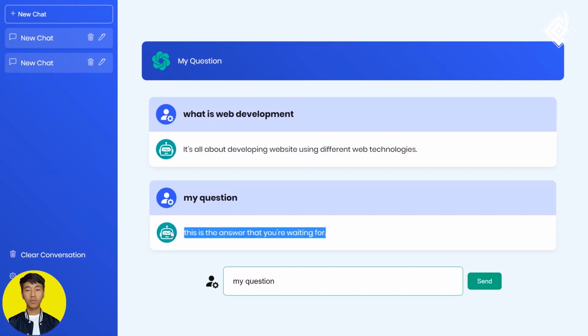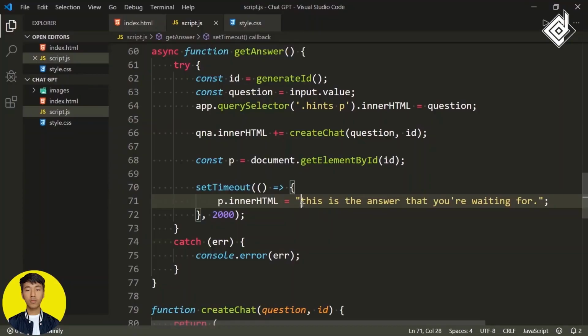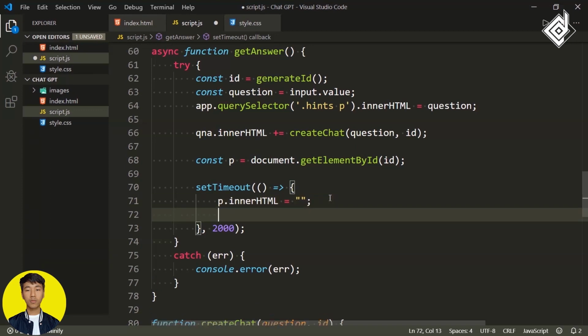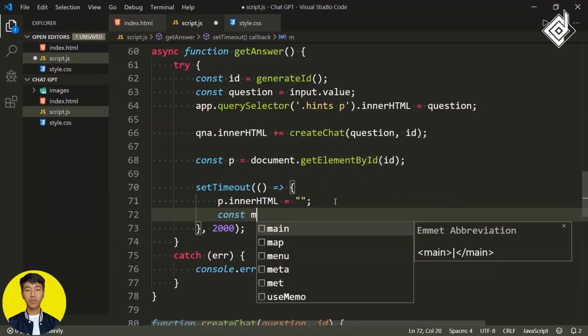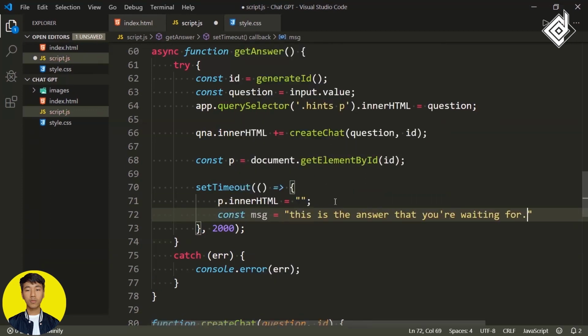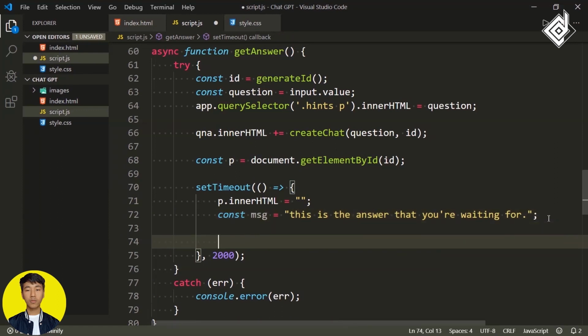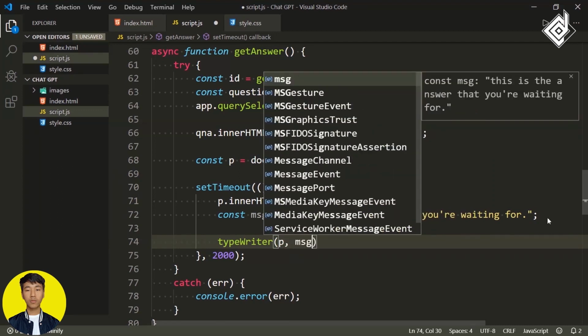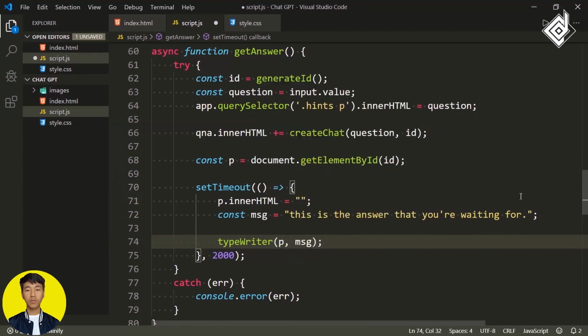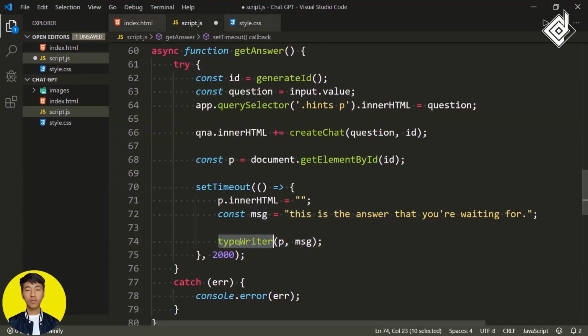But when you are getting any specific answers, I want to give some kind of typewriter effect. I think instead of that dummy string, let's give an empty string, so that we'll be able to remove that loading animation. Let's create a separate variable message. Within that, we'll be storing our answer. Now, in order to give that typewriter effect, let's create the function named typewriter, and within that, I'm passing 2 parameters. For the first parameter, let's give the paragraph element, and for the second parameter, let's give our answer, that is the message variable. Now let's create that function typewriter,